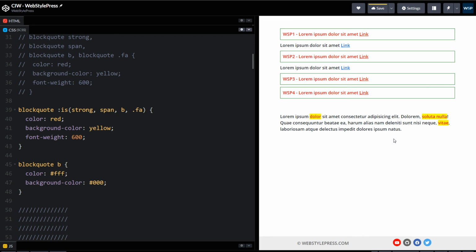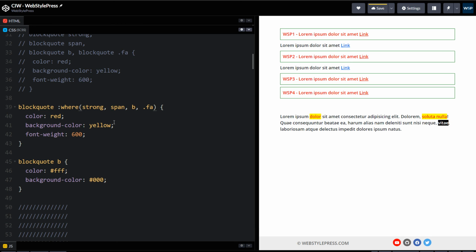No effect, right? But if I use where instead of is here, you see this has been overwritten. So where is more forgiving. So I recommend the :where function more than the :is function.